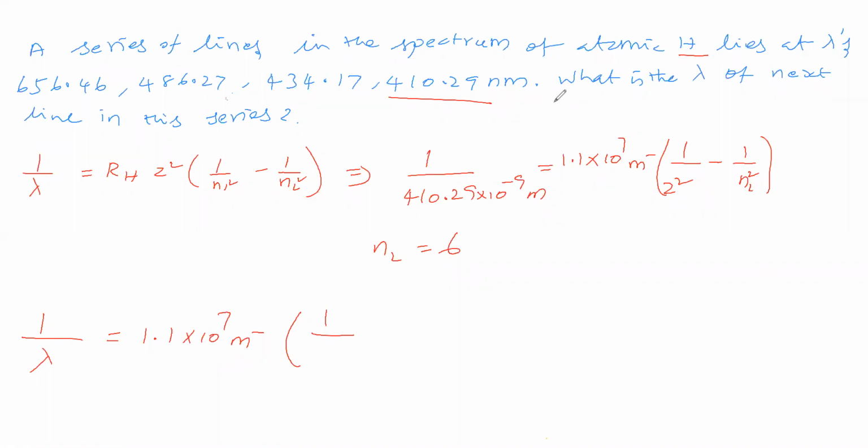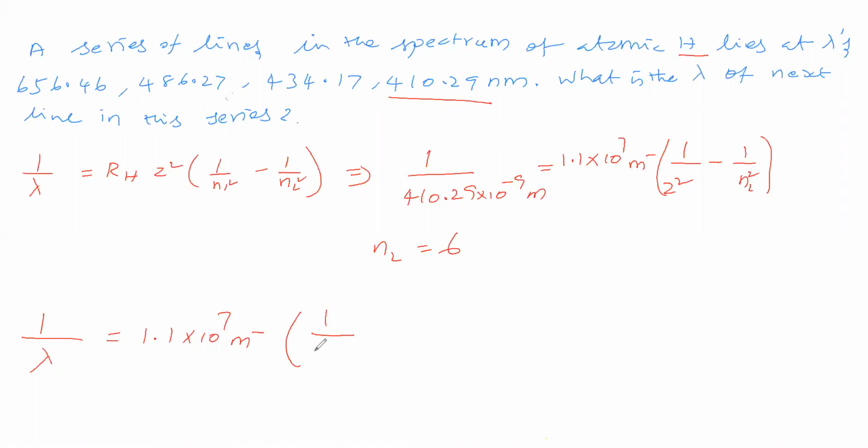Whether it is in Balmer series or in Lyman series, which one do we know? For which series do we see the visible wavelength region? Visible region means 380 nanometer to around 800 nanometer. Therefore, we will assume that the next wavelength is in Balmer series, and we will calculate whether we are getting it or not. So the next wavelength is in Balmer series, visible region.